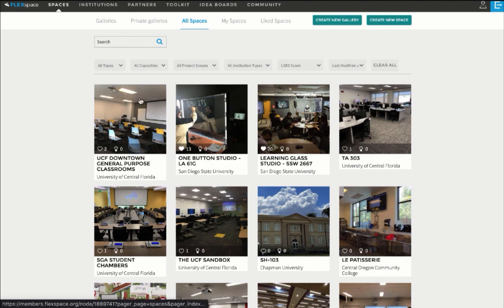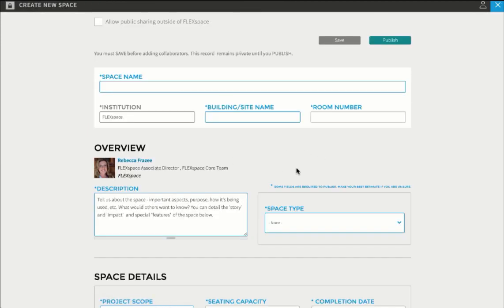features in FlexSpace. I hope that you will take some time to browse, filter the collection, create some idea boards, add spaces to those idea boards, and what we really would encourage you to do is also create a new space. So that is the template, and that is where you can upload your own spaces and share those with